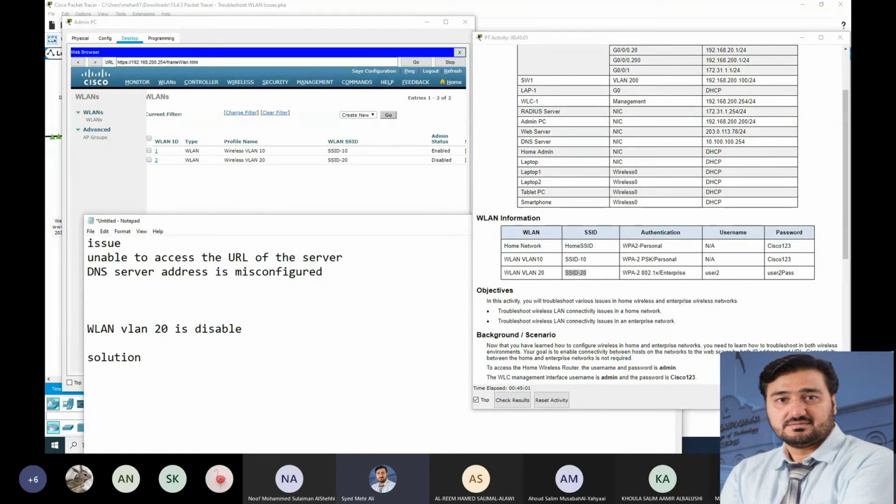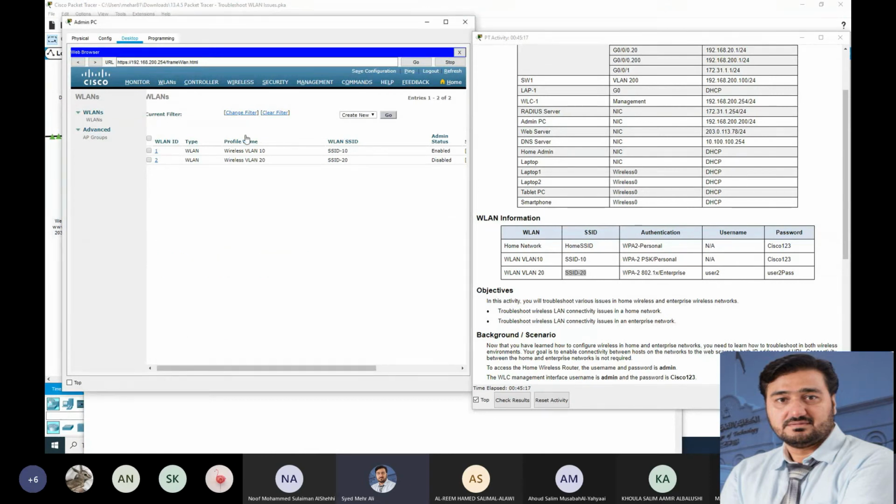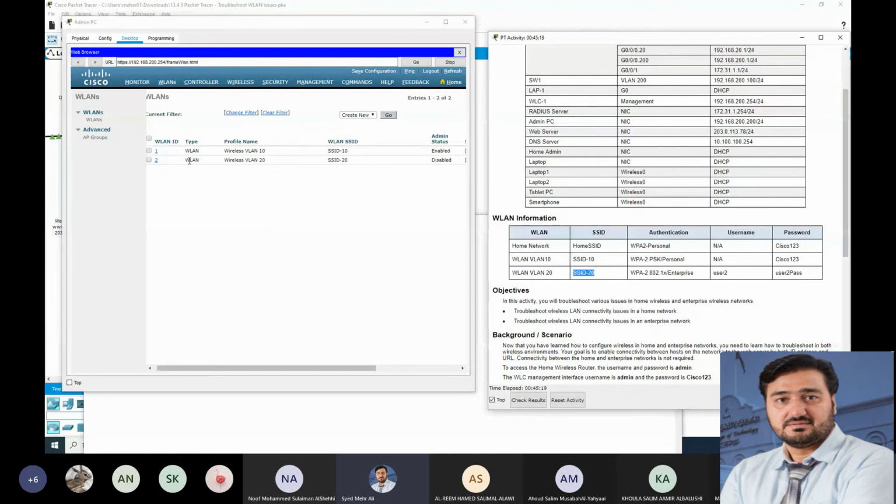We will talk about the solution. See, you need to document each and everything. Solution is enable the wireless LAN and apply. Okay, we will see. So click here, just 1 minute. Click here on wireless LAN ID because it is 20.